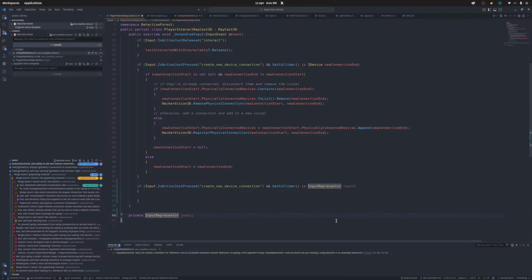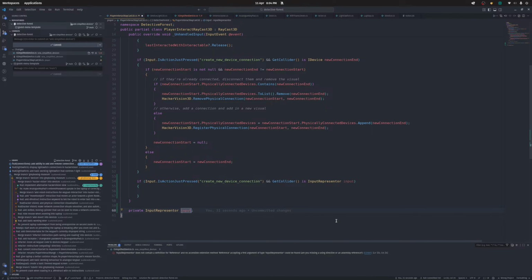Also, I think we need these representers because, exactly, this error is here because I have to put in a type. So I think we have to have an input representer or some kind of class which doesn't need a custom type. I think we have to have that. Presenter, right? Then we just go like, is input. Yes. I think this is the way. Okay, I think this is the way. Now we do